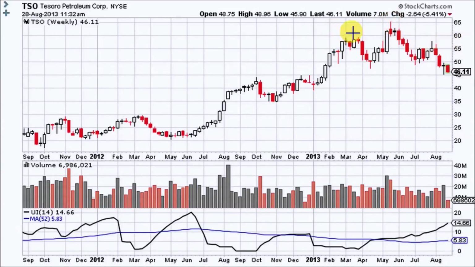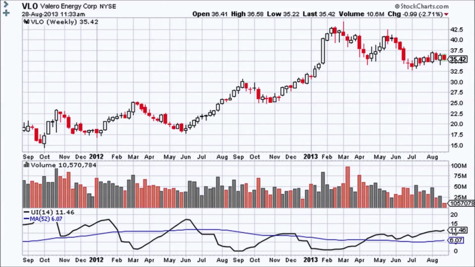All of them have tall upper wicks at the tops, and it has currently, as of this week, closed below the neckline support. So I would expect it to fall here. So this one looks pretty dangerous. Let's go on to Valero Energy Corp, ticker symbol VLO. This one's a bit milder, with an average over the last year of 6.07% and the current 14-week look back at